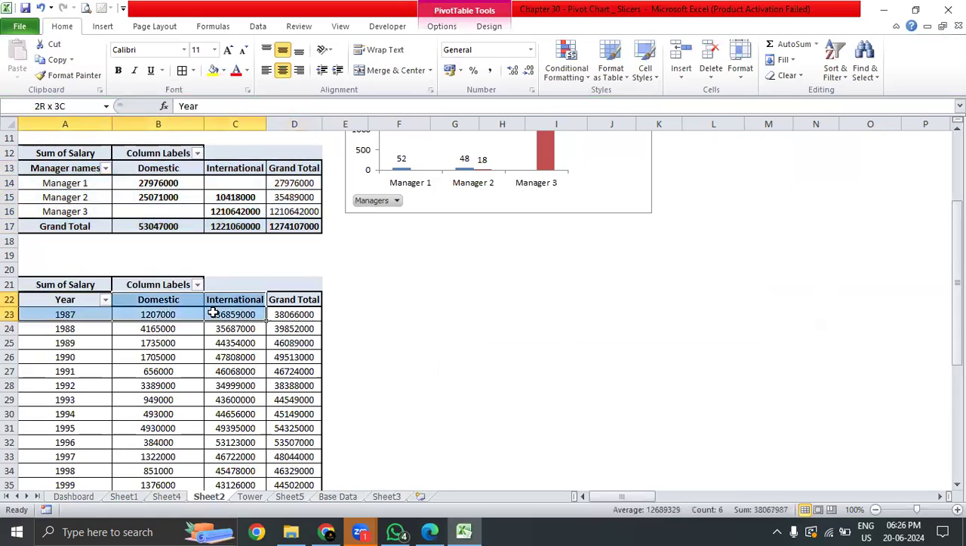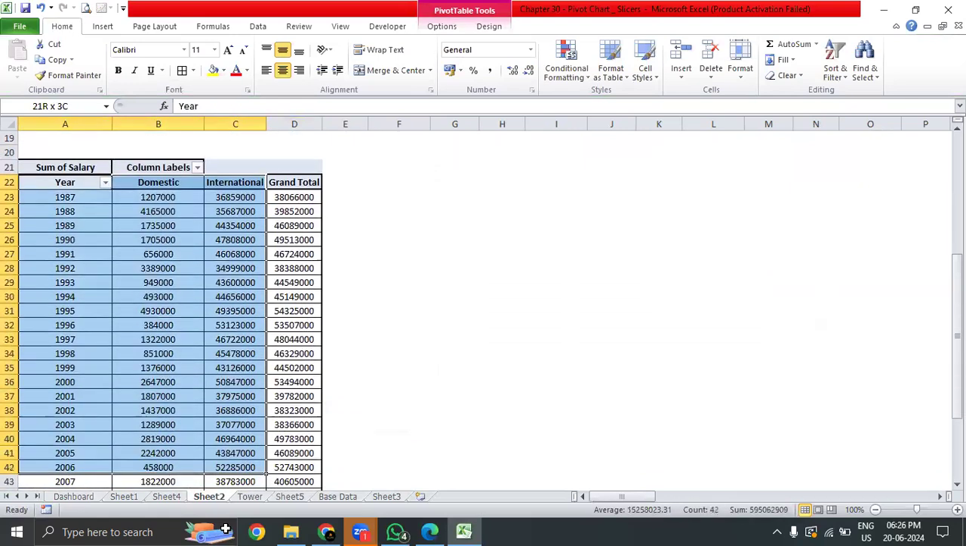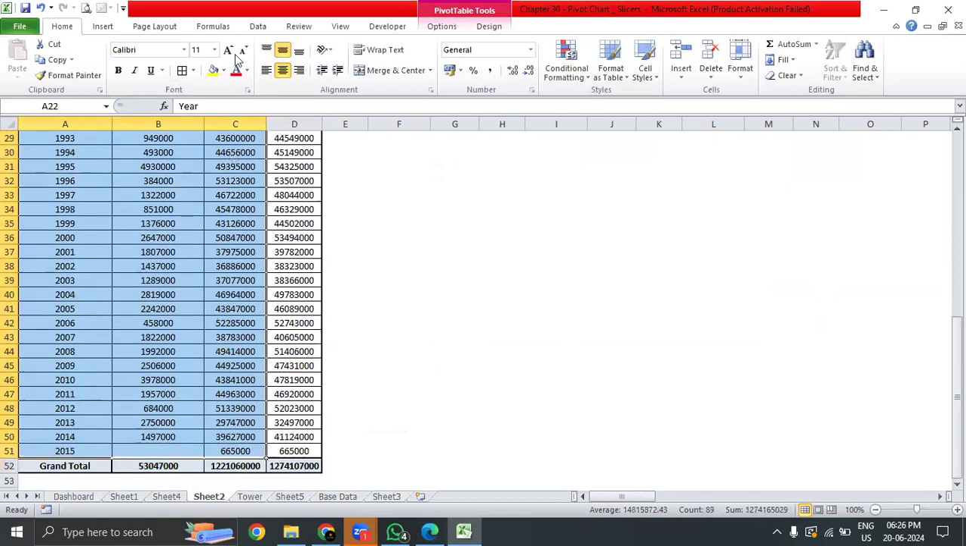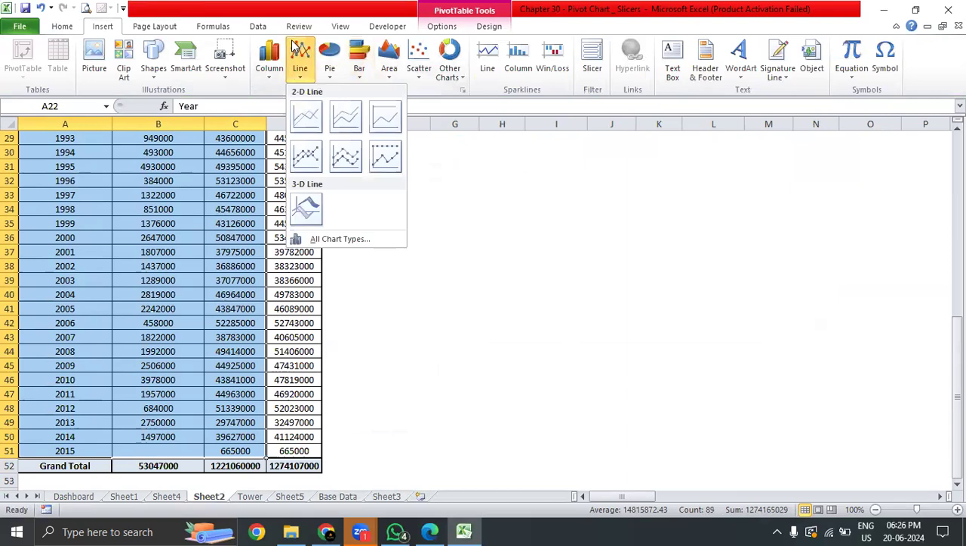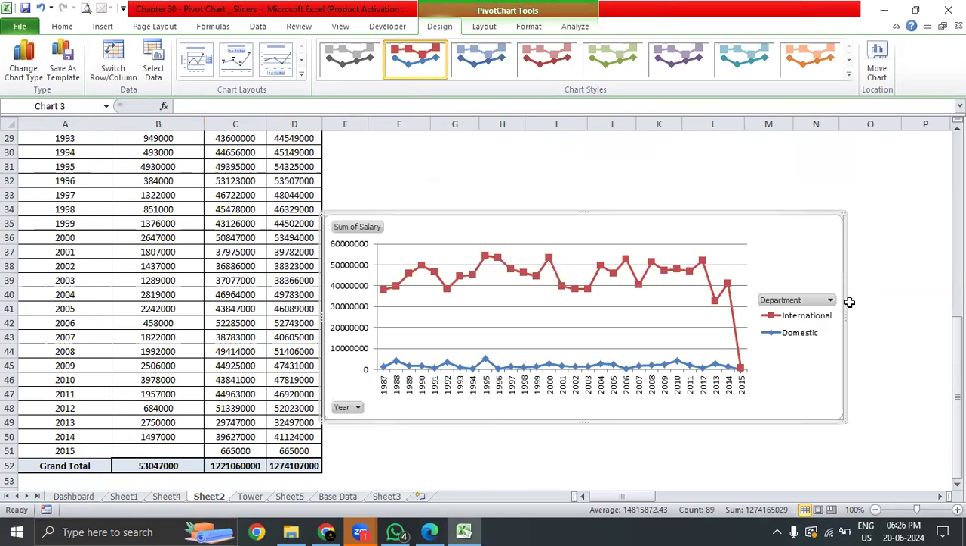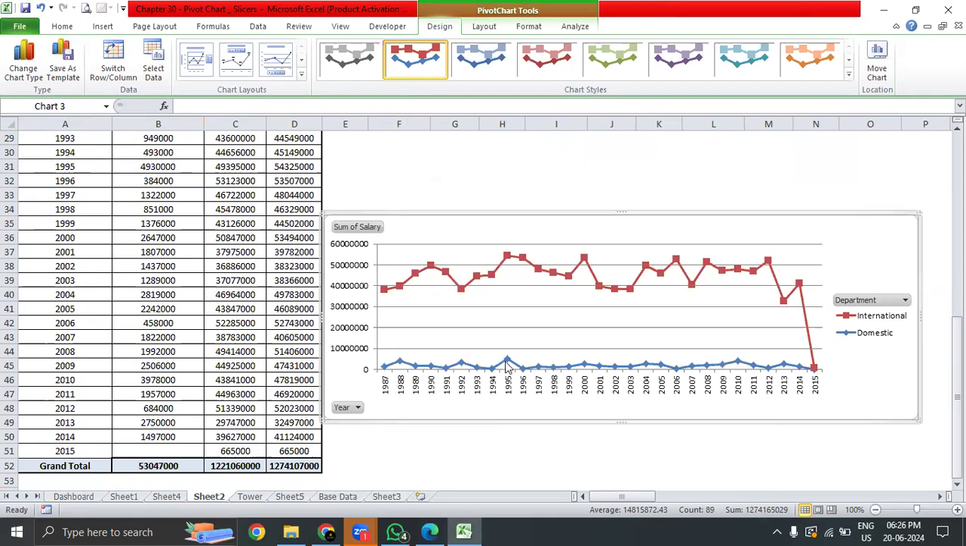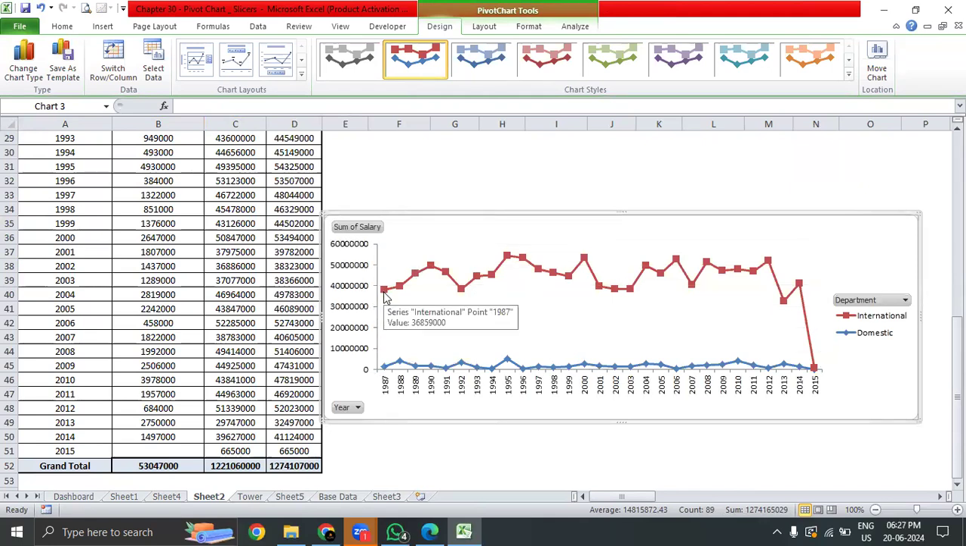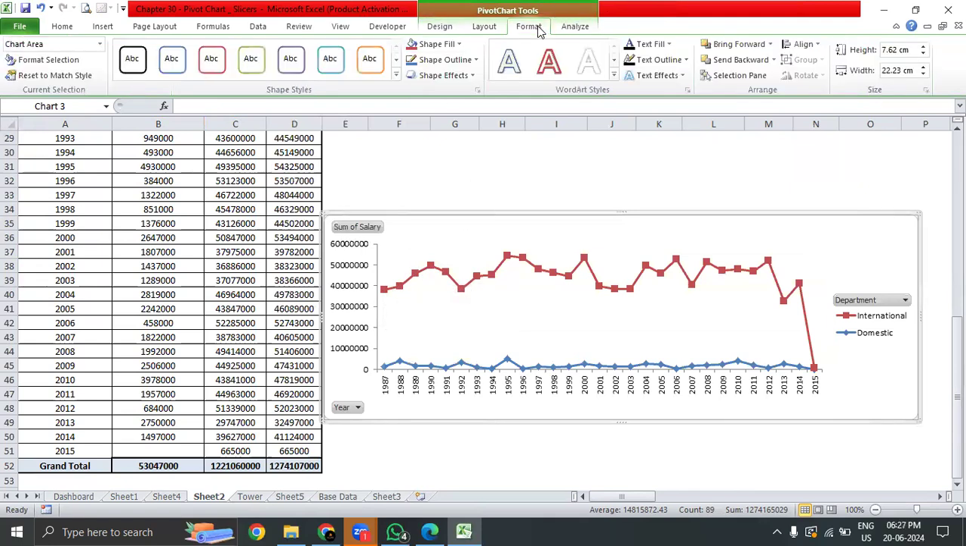Now if I select this year and choose domestic and international, as I'm talking about years, I can go with the line chart. If I choose the line chart, see, what is happening now? A year on year comparison of 2 years. This belongs to your domestic salary and this belongs to your international salary. Every point is going to explain each year. If I again turn on the labels,